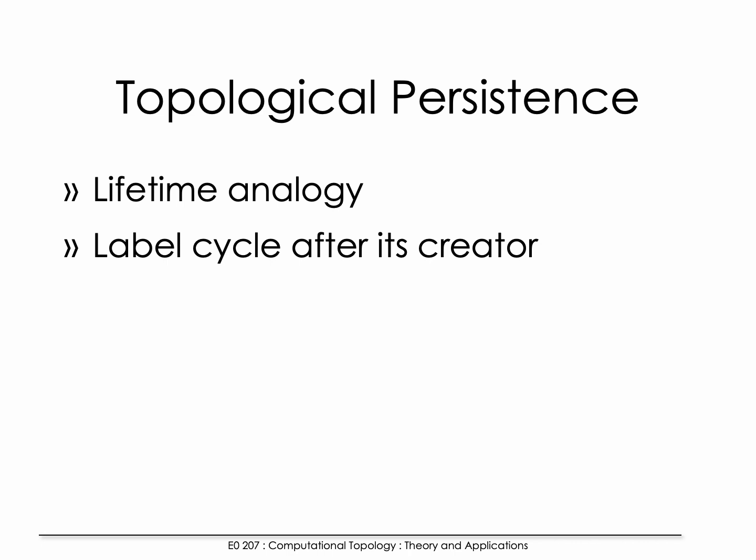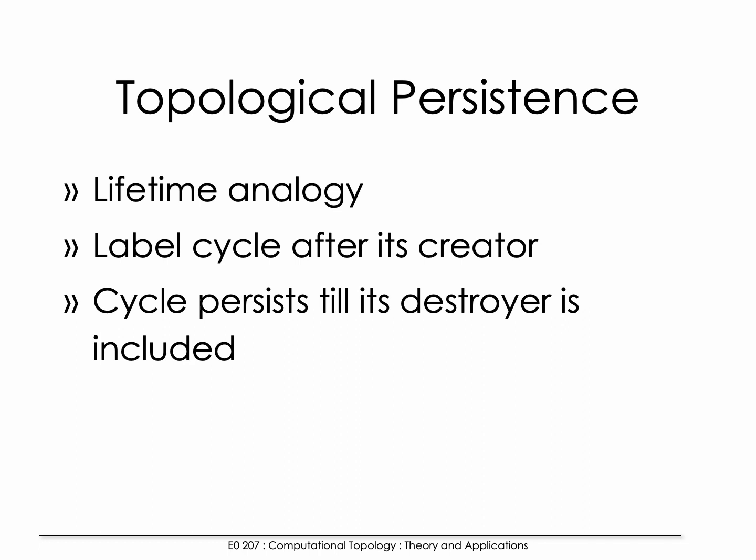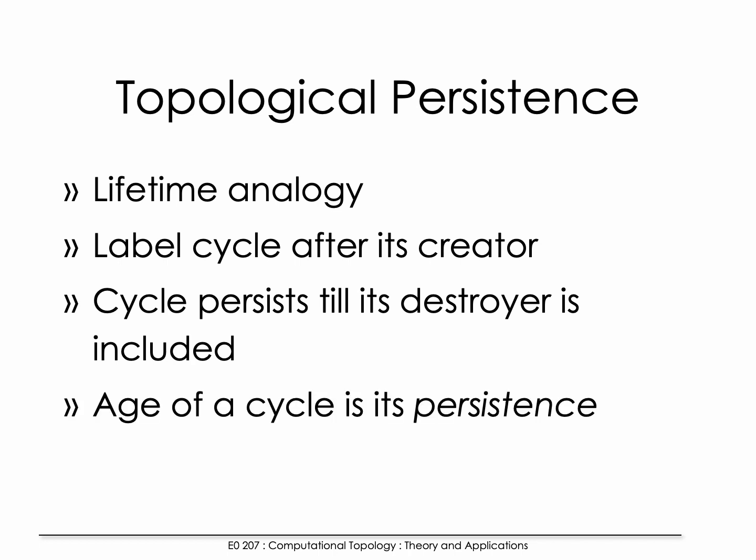There is a simplex that creates the cycle for a given filtration, and the cycle continues to live, or it persists, till it is destroyed by the negative simplex that is inserted. So the cycle also has a destroyer, a negative simplex. The lifetime or the age of this cycle is called its persistence. Now, what does it mean to create a cycle? This is when, for example,